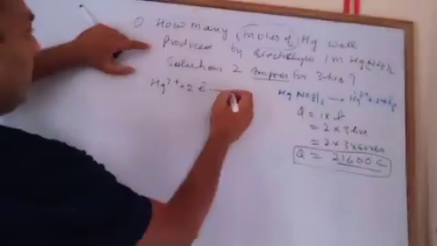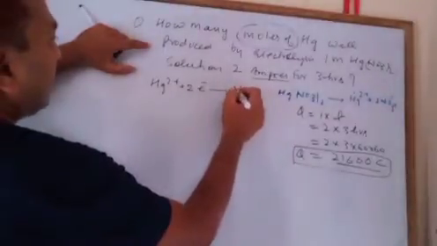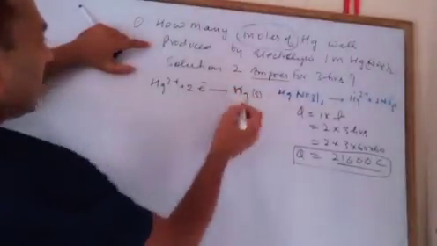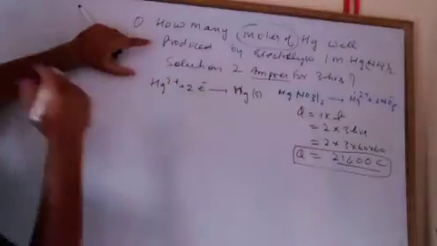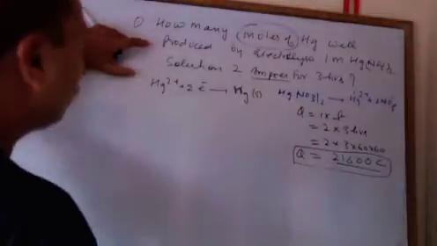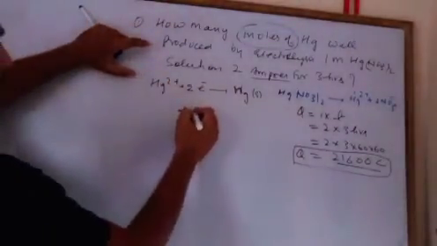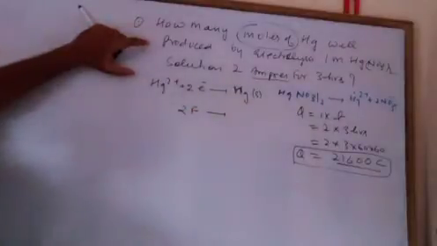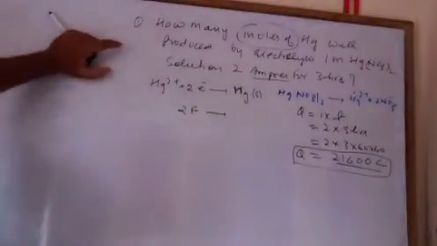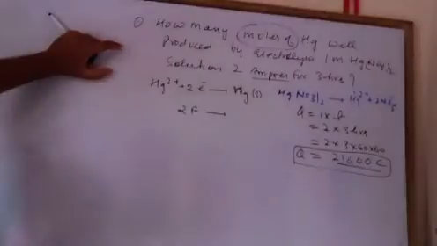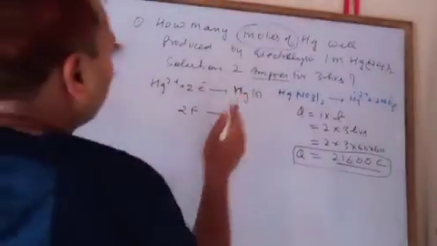It will take up 2 electrons and turn into a neutral solid, Hg. So 1 mole of electrons is equal to 1 Faraday, and 2 moles of electrons is equal to 2 Faraday. And mercury normally, the molecular mass of mercury is what, right? So here we see coulomb, 2 Faraday gives, we have to calculate the moles.